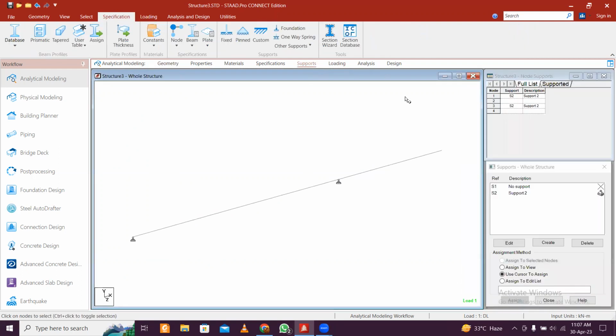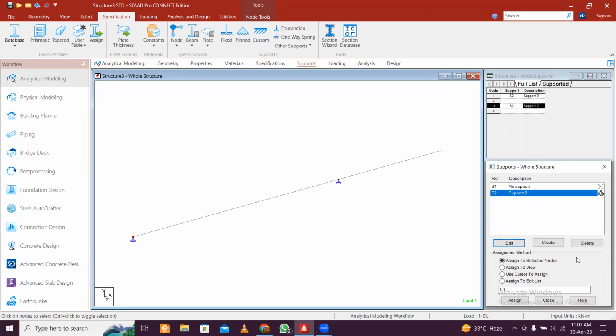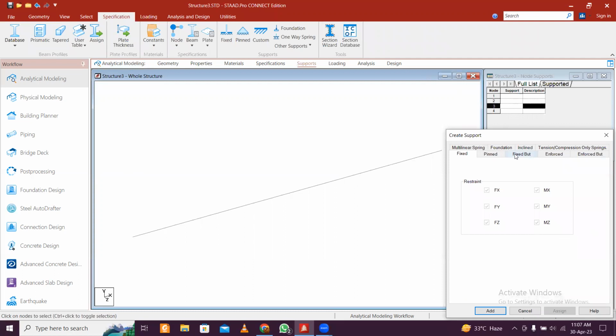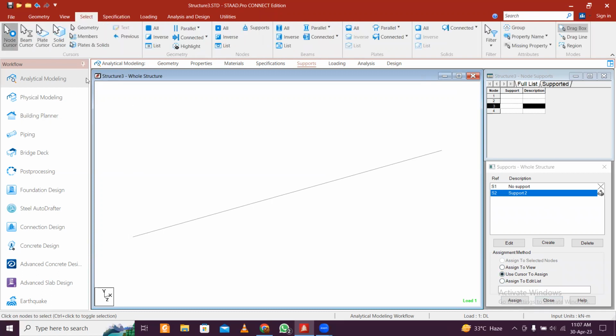And supports are given. Okay, this support is given in the wrong direction. So I'll just select this support and edit. Okay, I cannot edit this, so I'll just delete this support and create a new one, paint and add, and then we'll select the support, select this, use cursor to assign, select node cursor, select this node, and assign,